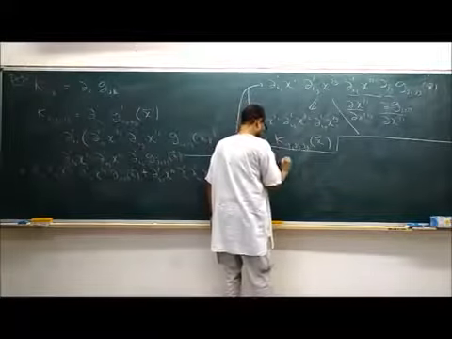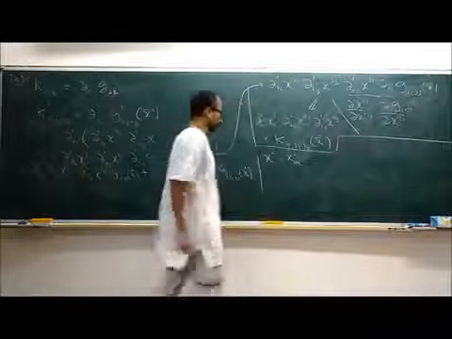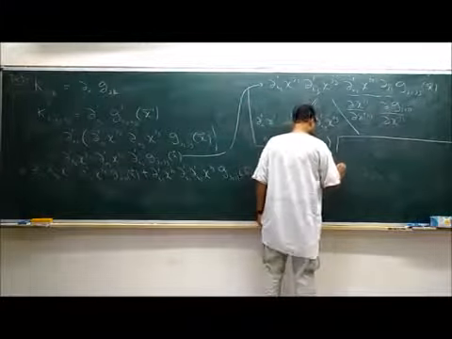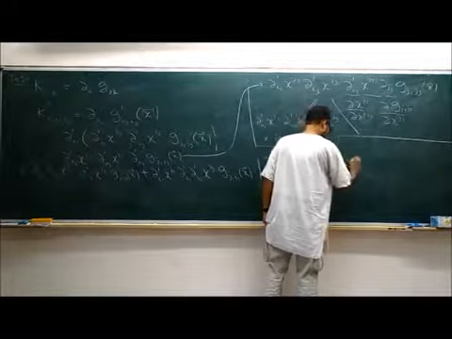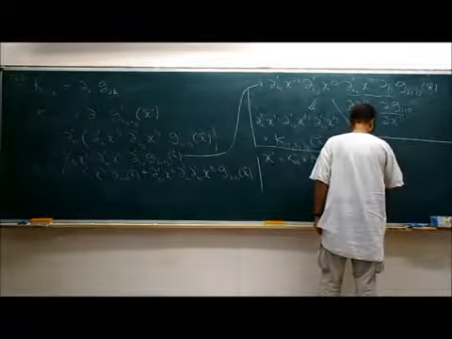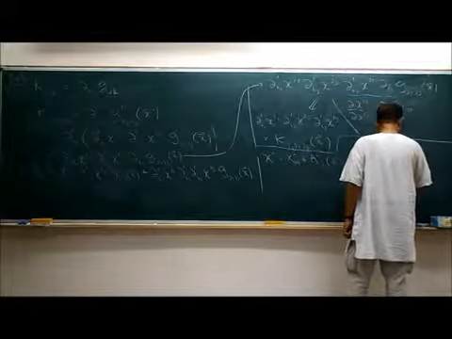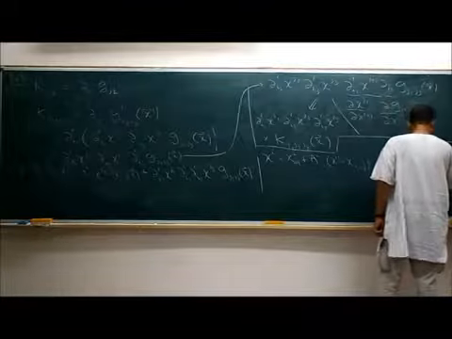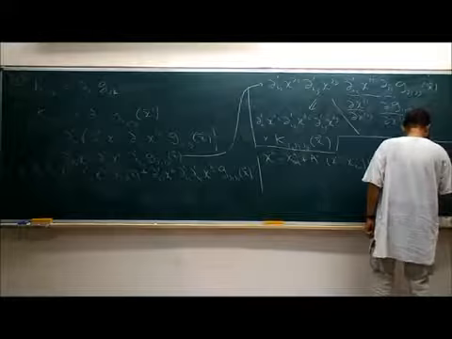We will again Taylor series expand around the point x naught, so x naught i plus e_ij (x prime j minus x prime j naught) plus e_ijk (x prime j minus x prime j naught)(x prime k minus x prime k naught) plus...